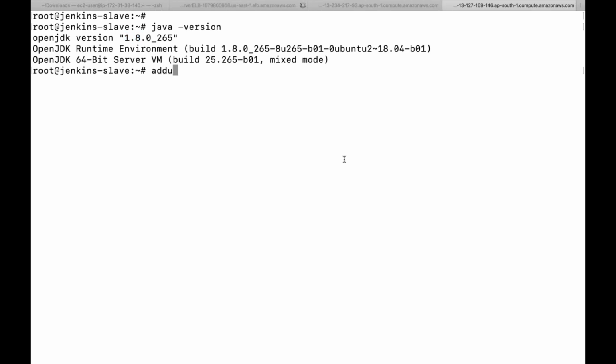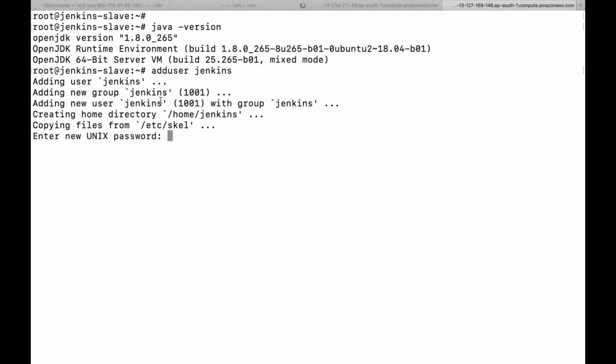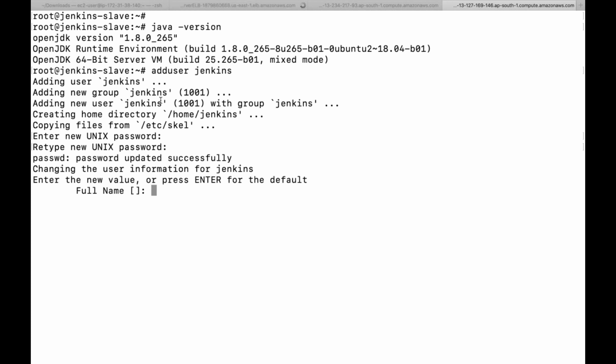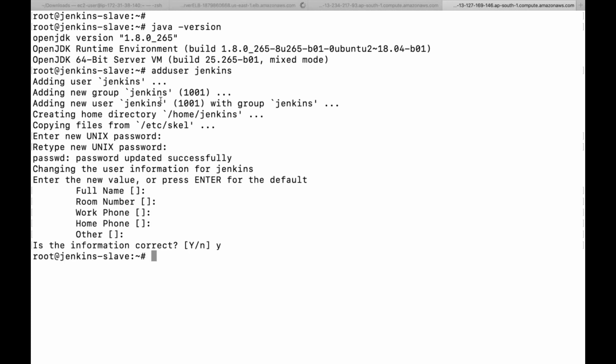Rather than doing anything else before, I'll run the command adduser, because over here this is my Jenkins slave. Keep this in mind, this is going to be my Jenkins slave. Over here I am not going to do anything else apart from creating a user and making one SSH key based authentication. So I'll add a user Jenkins. The username could be any. I'll define a password here. I'm not going to tell you my password, that has to be secret. So I'm going to create this user.